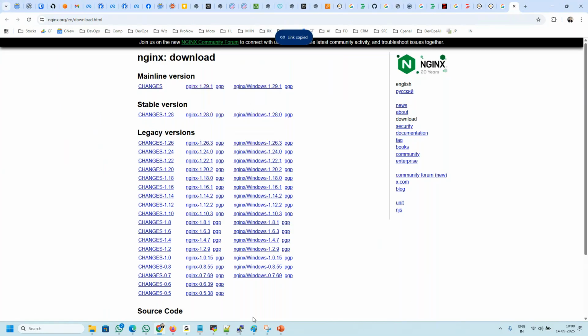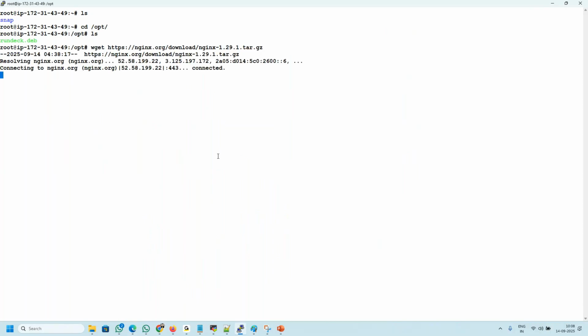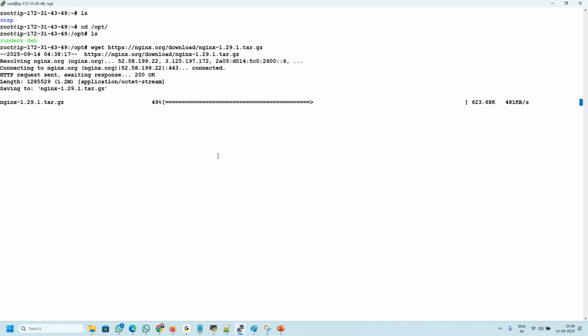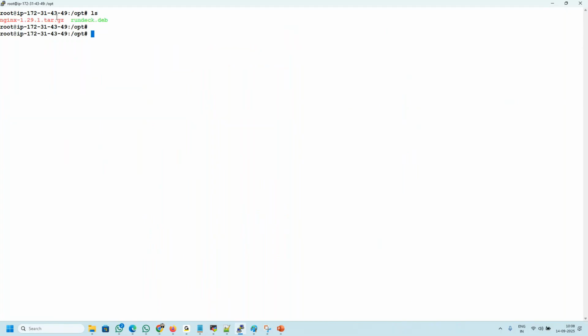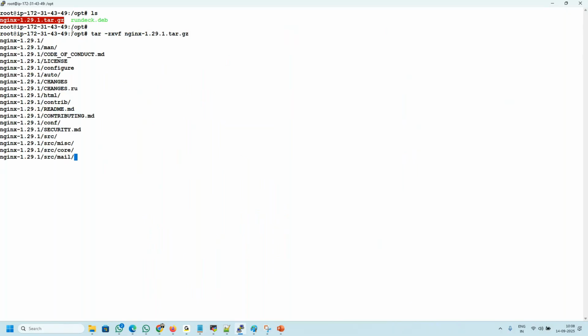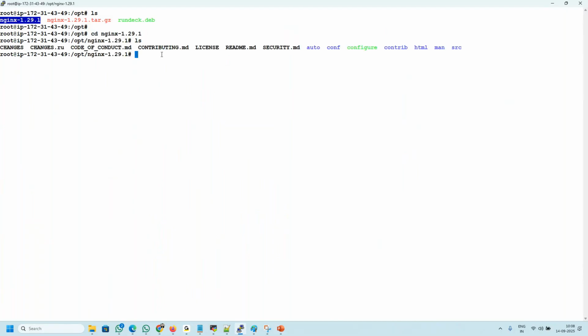Copy this and download this one. You can install through apt also, that is up to you. And tar hyphen z xvf, and done. So go to the Nginx directory 1.29, and here you have